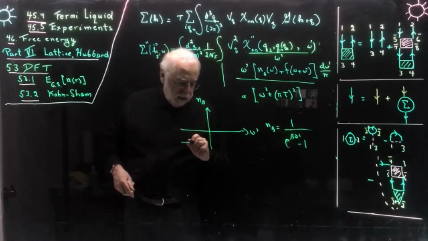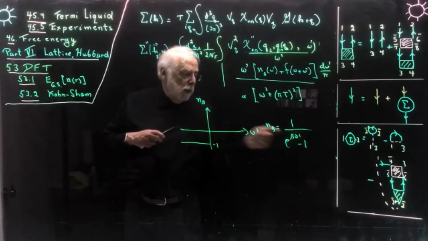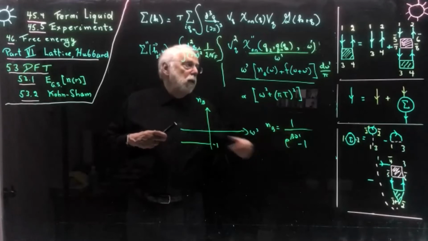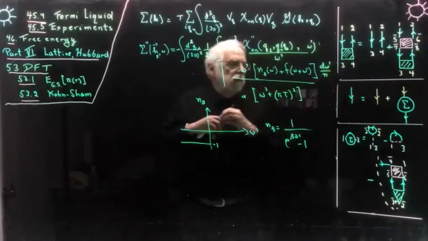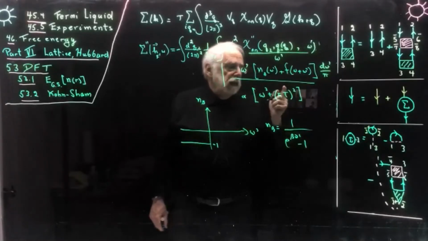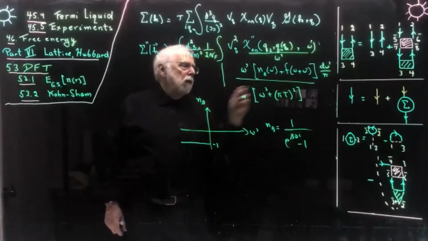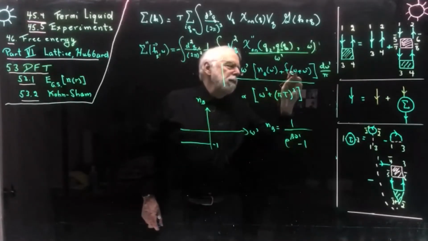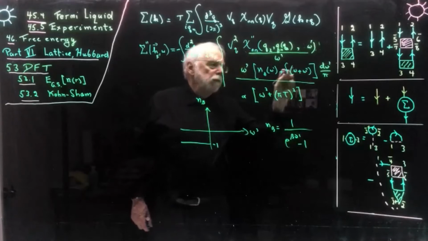So I get minus 1 here, and then 0 on the other side, because when omega prime is positive, this is 1 over infinity. Now, the Fermi function is 1 when this is negative, and it's 0 otherwise. So if I'm looking at positive omega, yes. So when omega prime reaches minus omega,